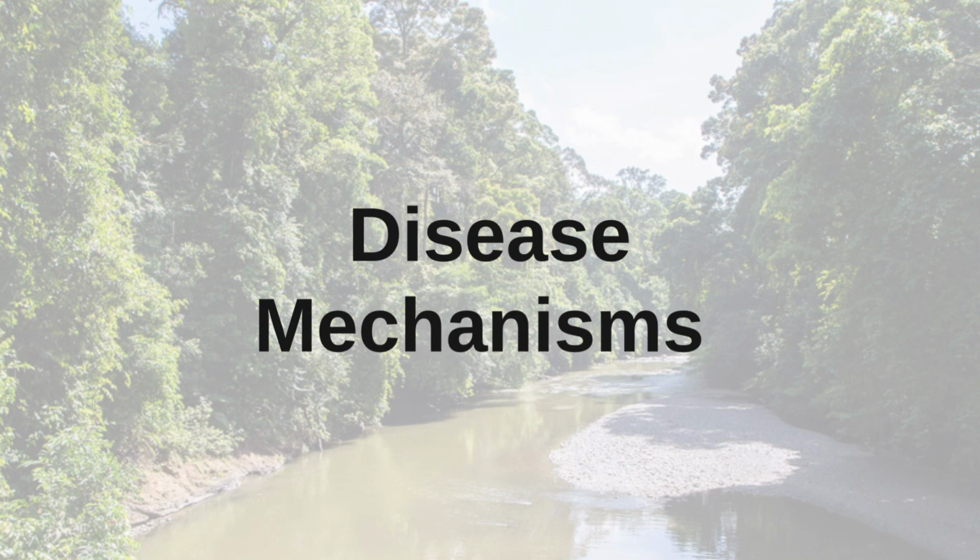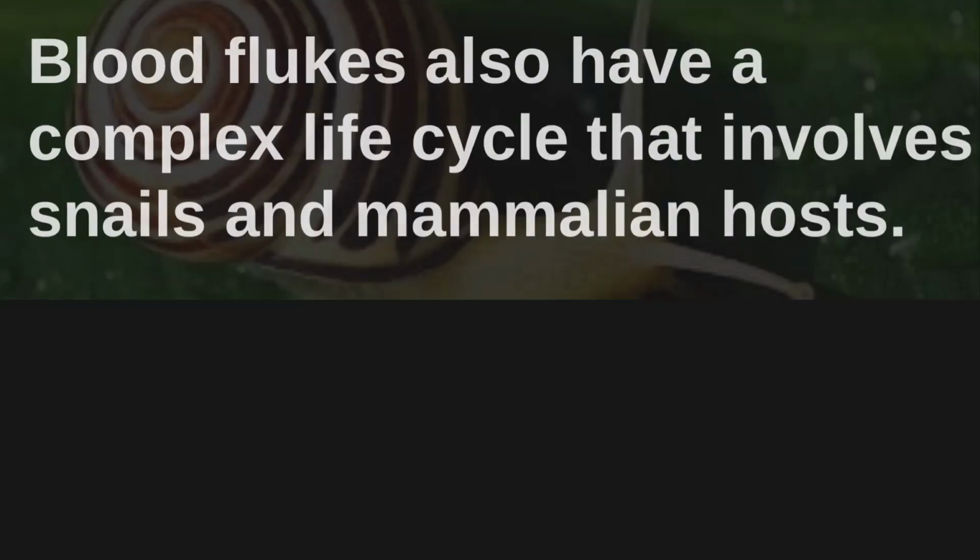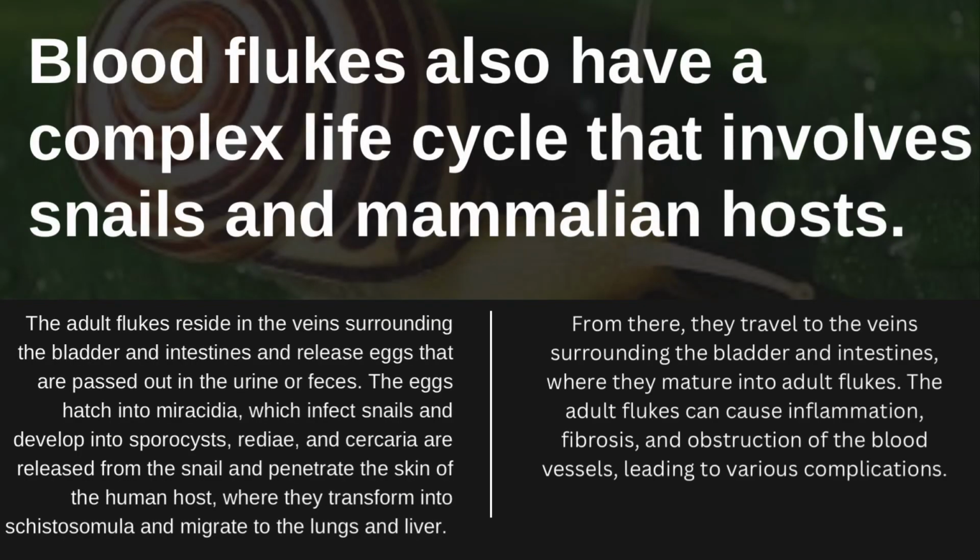Blood flukes also have a complex life cycle that involves snails and mammalian hosts as well. The adult flukes reside in the veins surrounding the bladder and intestines and release eggs that are passed out into the urine or feces. The eggs hatch into miracidia, which infect snails and develop into sporocysts, rediae, and cercariae, and are